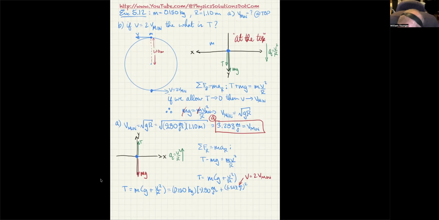And then, of course, this is going to be divided by 1.10 meters. So as I compute this, I'm going to get 0.150 kilograms times 6.567 squared divided by 1.10, which gives me 39.20. So this is going to be 9.80 meters per second